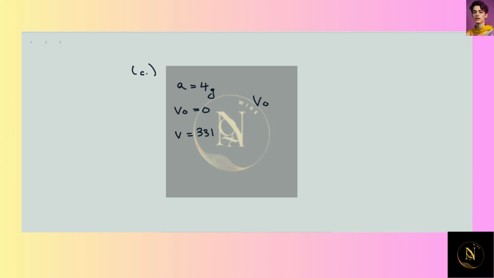To answer this, I'm going to use the kinematic equation. V is equal to v naught plus acceleration times time. I'm just going to solve this for time, where these are my knowns. And when I do that, I get 8.44 seconds, which is the time it takes for the rocket to get to this velocity, the speed of sound. And that's the final